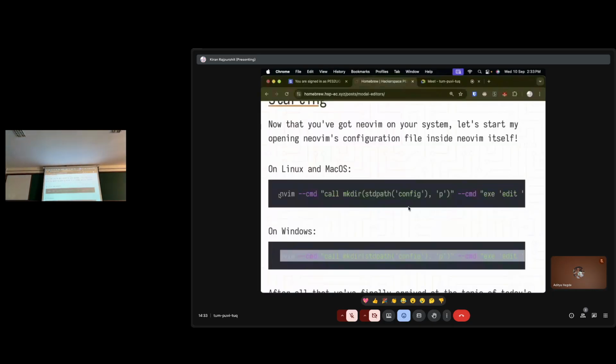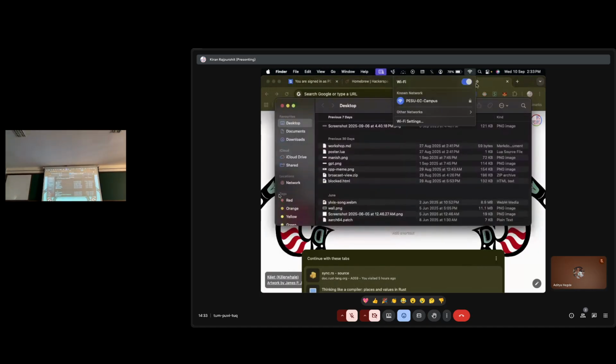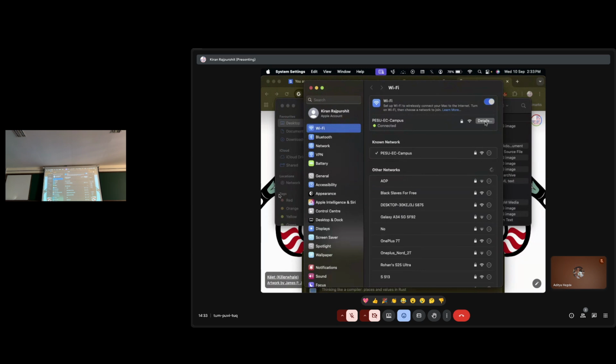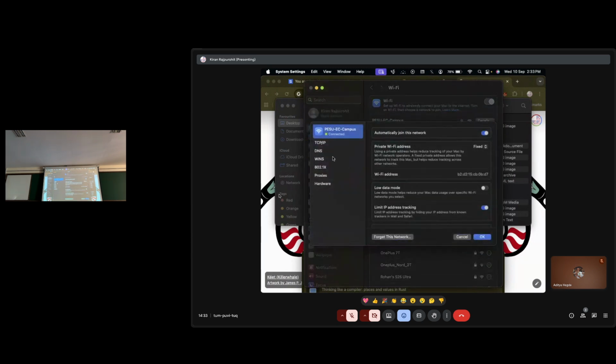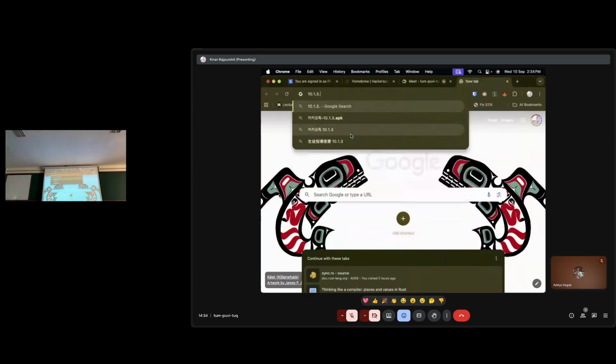Alright, so now just connect to PES Wi-Fi, don't go to the captive portal or anything of that sort. Just connect to PES Wi-Fi. Is he hosting the site on his local IP?